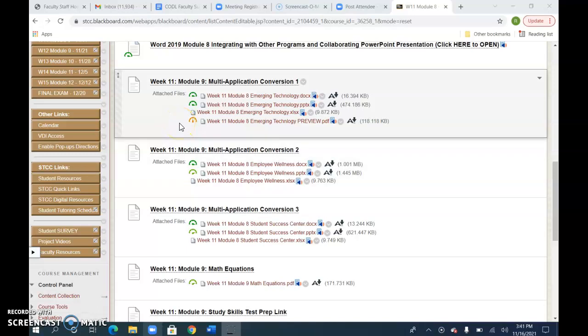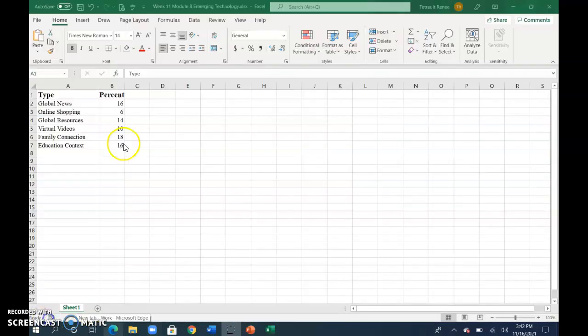Instructions for Week 11, Module 9, Multi-Application Conversion 1. Open the Word document, the PowerPoint, and the Excel documents and save them. Before you save the Excel document, choose Page Layout,